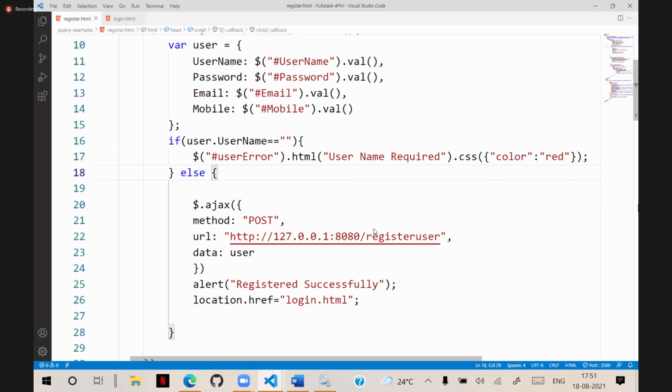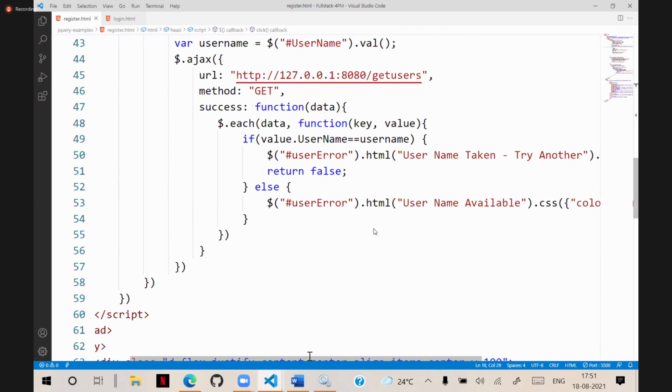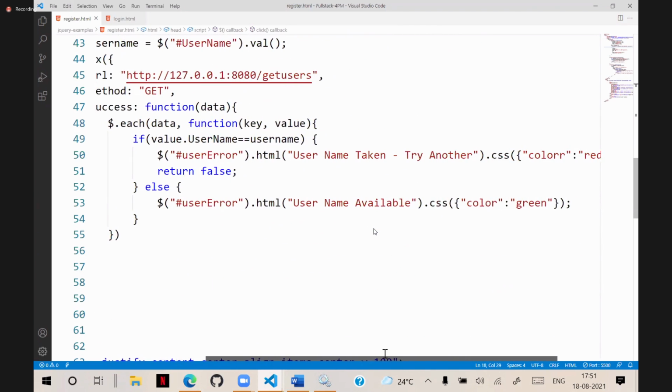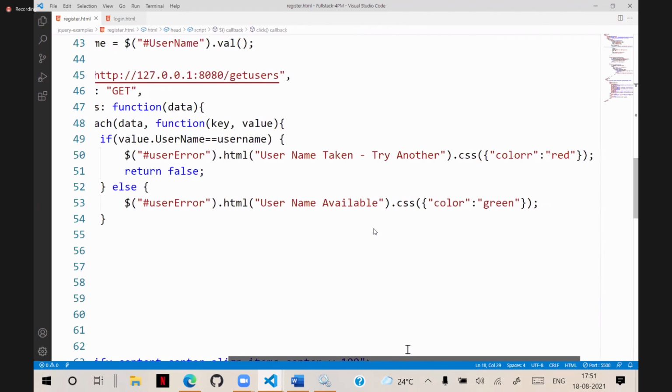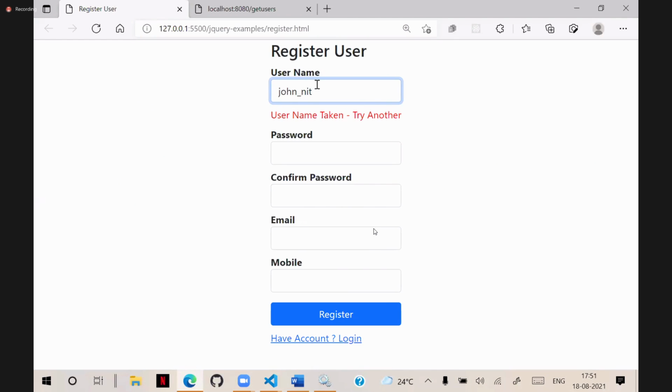And we need to change this color. That means that username color, you need to keep it empty first. That means we need to clean up the CSS, and then we can apply the CSS. Instead of writing the style, you can put the class name also. I am typing here, John is available, John_NIT, it will be red color.